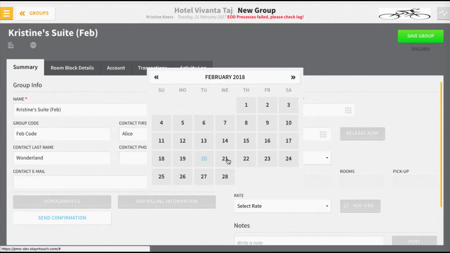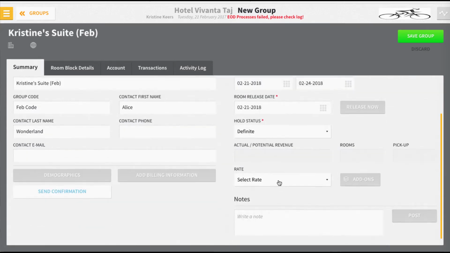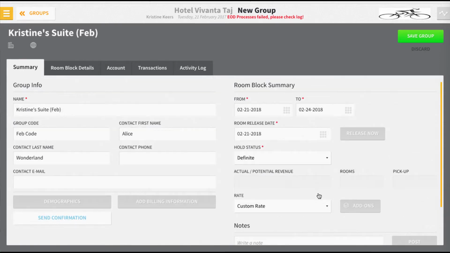Choose your stay dates. I'll set this for the 21st to the 24th. My release date can be tomorrow. This is a definite status, and I'm going to specify a custom rate for this since I haven't already set up a group rate. And as you can see, this is all similar to what we've done before when creating a brand new group. Just choose Save Group